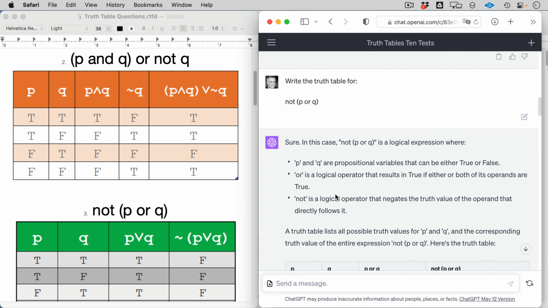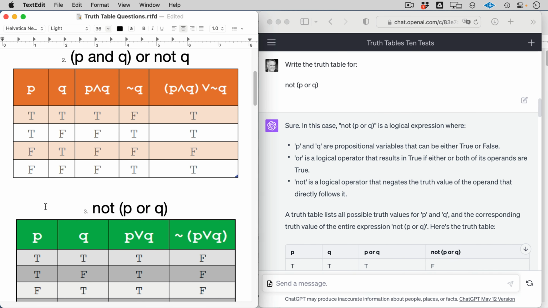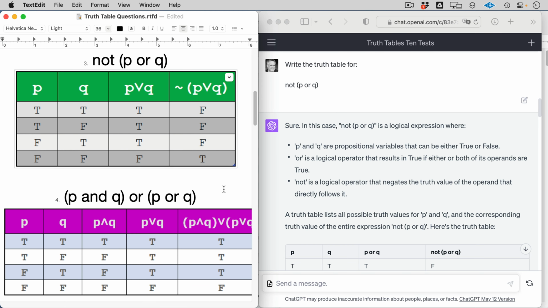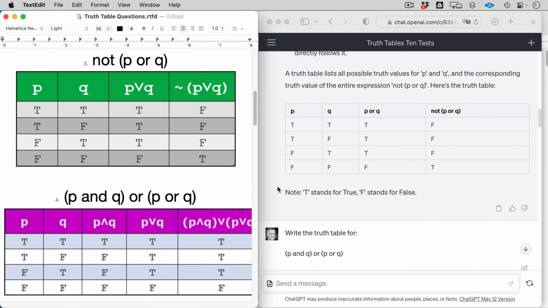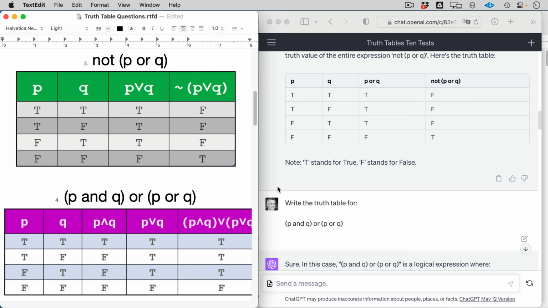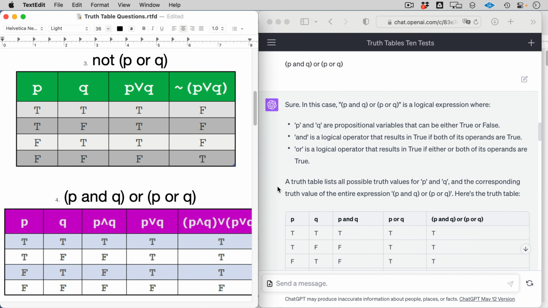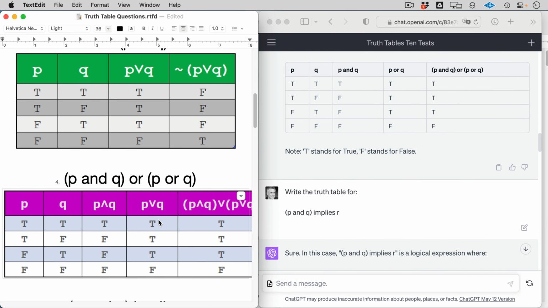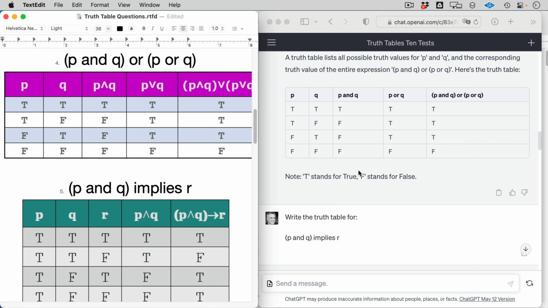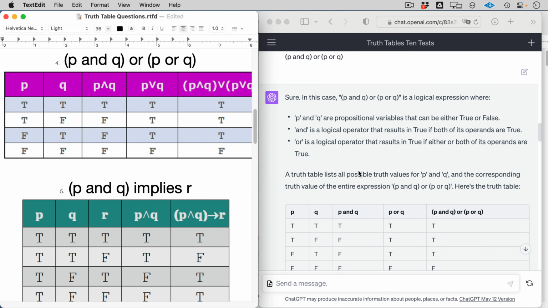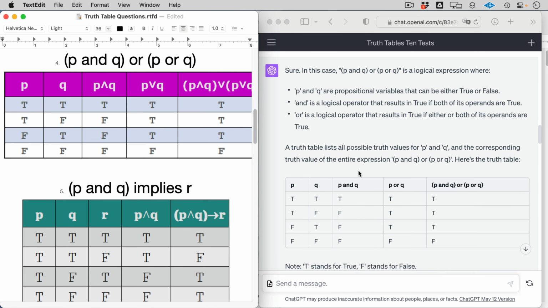You're going to find out that as we go with sort of escalating levels of complexity, it maintains its accuracy. So let's go all the way to the next table where we see we have the same 4 lines with the same logical question, and we're getting the correct answer. Now we're going to move on to test number 4, P and Q, or P or Q, and we see we get the same 4 rows with the correct answer. And it continues.